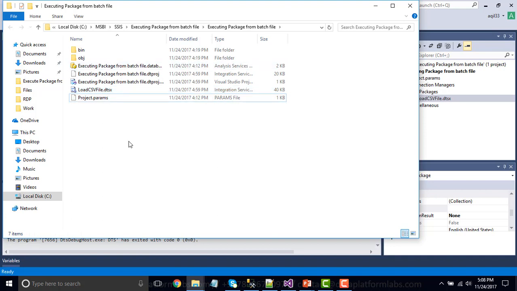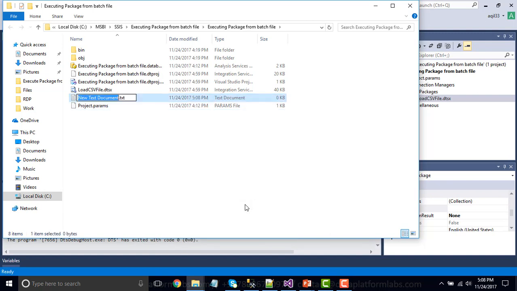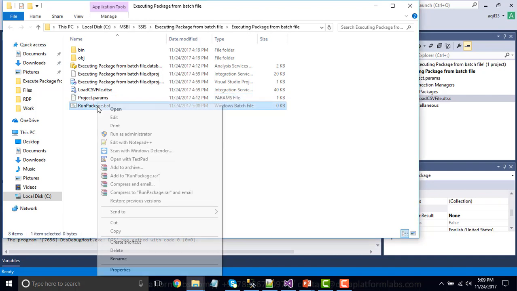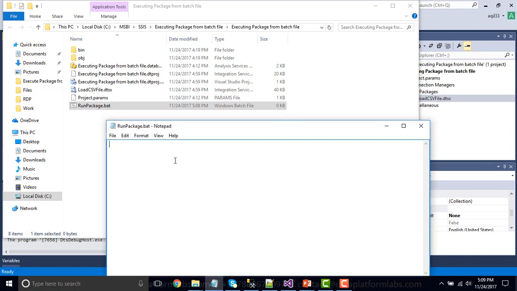Okay, so let me create the batch file here. Right click and click new. We can name the batch file as run package.batch.